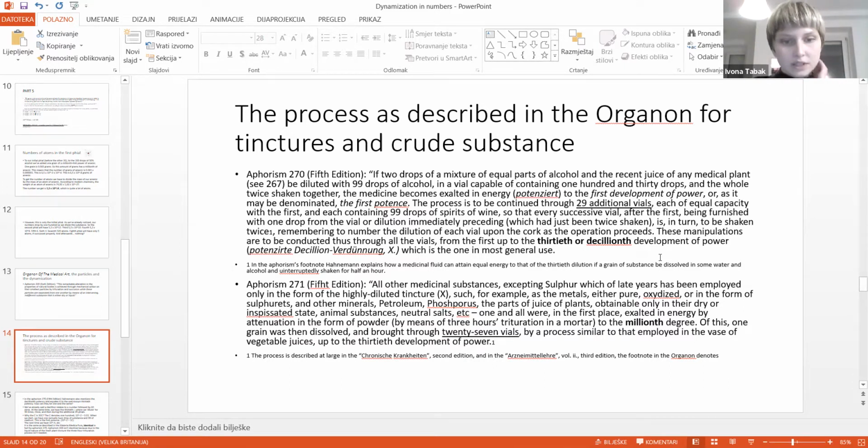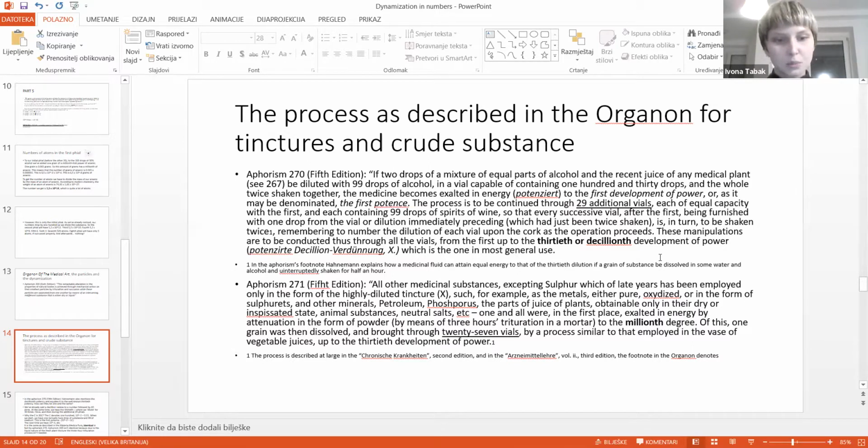But what I found interesting, because one Indian homeopath a long time ago instructed me to look at the 5th edition of the Organon, because he thinks the 6th edition is corrupted for some reason. So I also have the 5th edition, and here in the footnote of aphorism 270, Hahnemann says that,